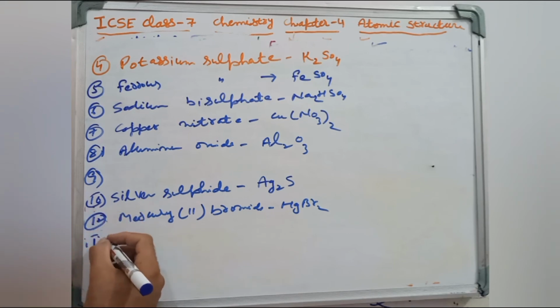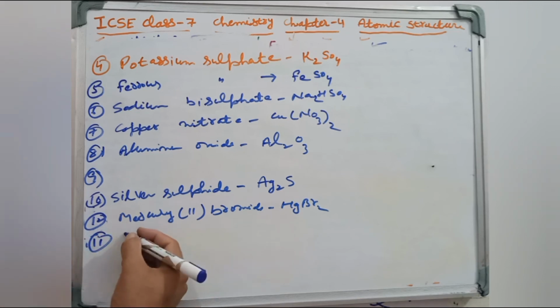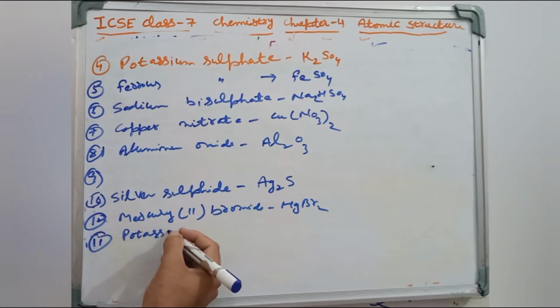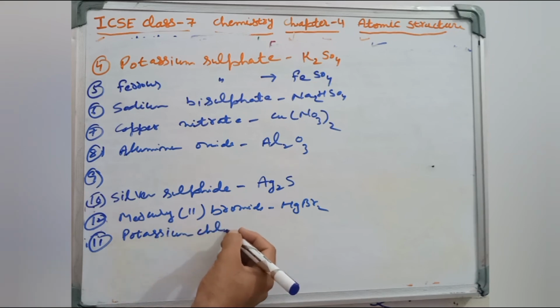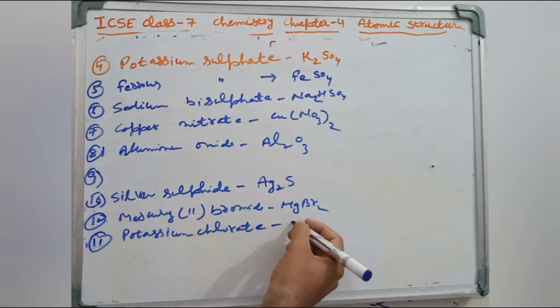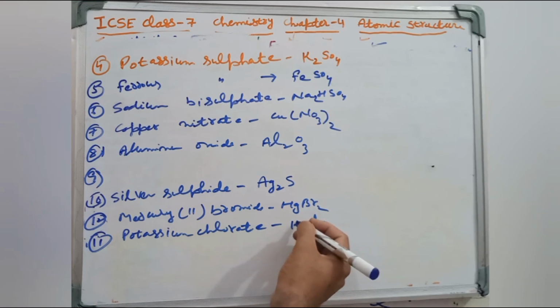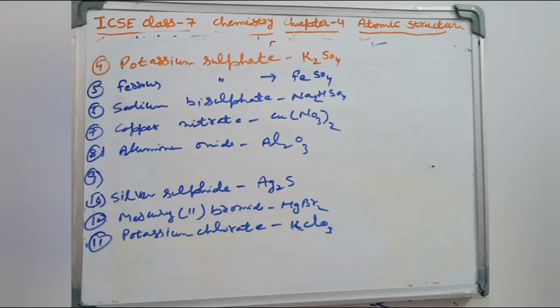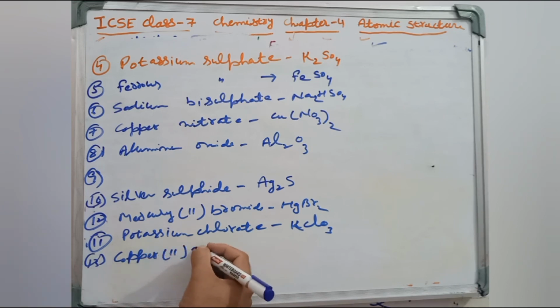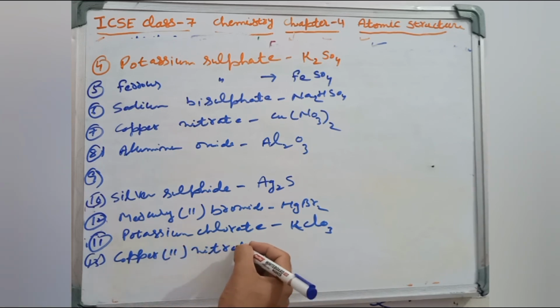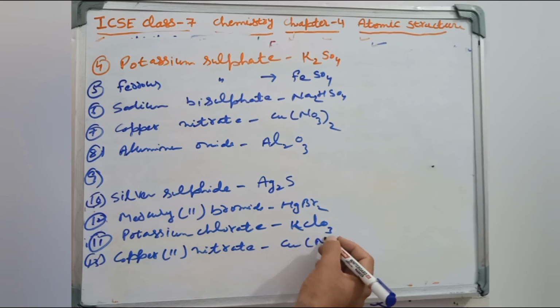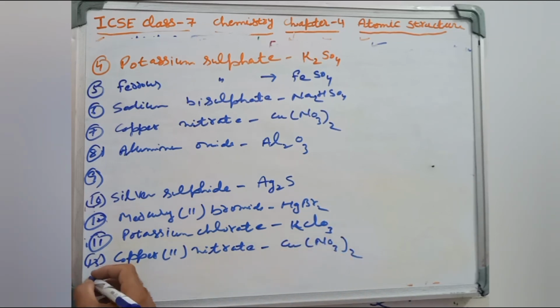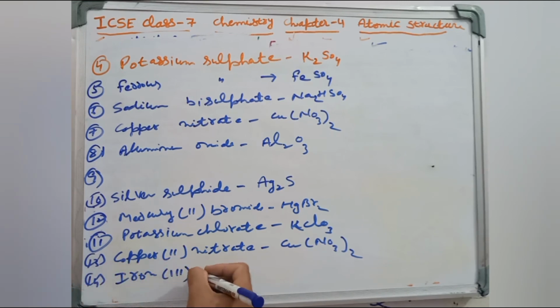And this is number 11. Number 11 is potassium chlorate. So potassium is K, ClO3 is for chlorate, right? Number 13, copper 2 nitrate, Cu(NO3) twice. Number 14, iron 3 chloride,